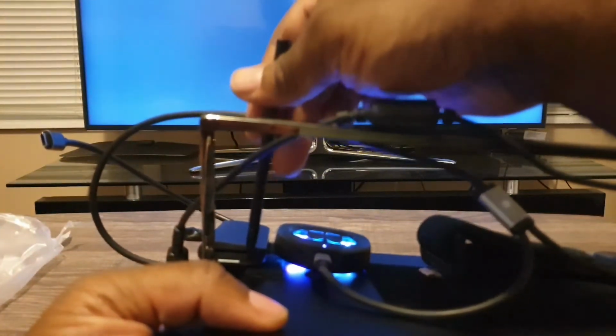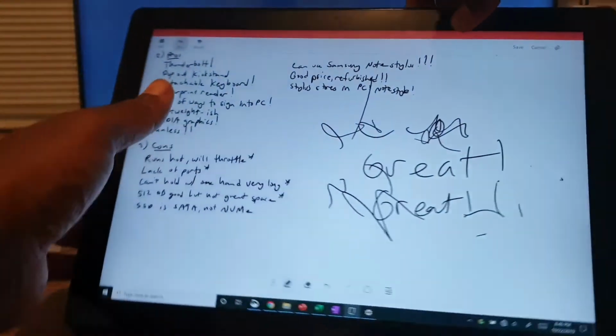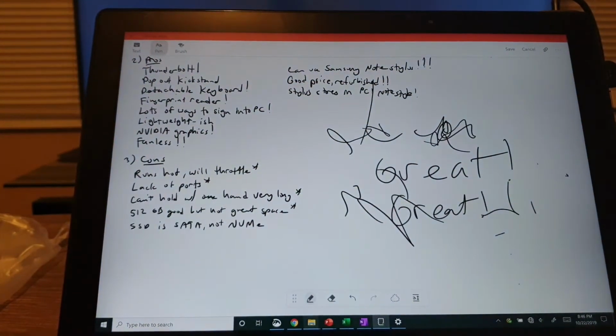And not only that, I also have on the bottom of this mini dock 2 card slots, one for a micro SD and one for a regular SD. So you can expand your storage to a pretty good amount. They have micro SD cards as large as 1 terabyte, and they have SD cards as large as 1 terabyte. So if you buy all of those, if you have that kind of money, which I don't,